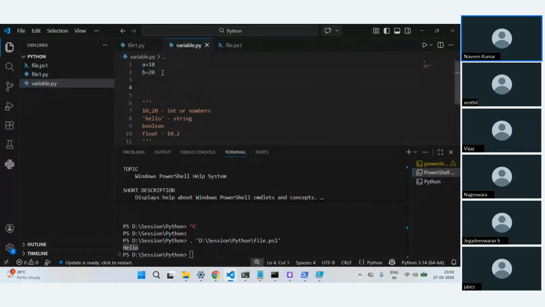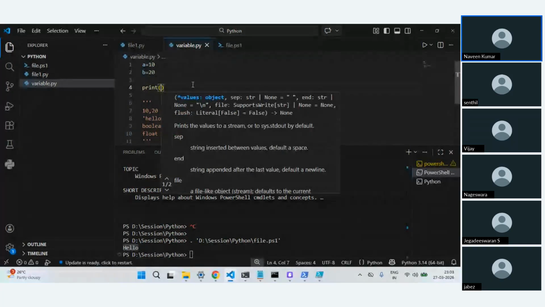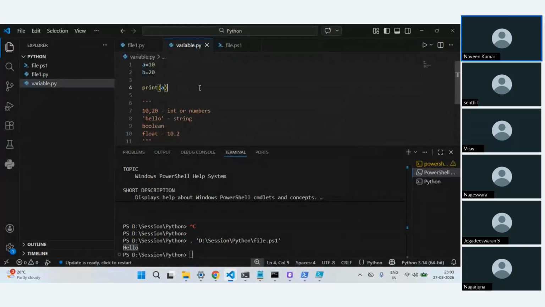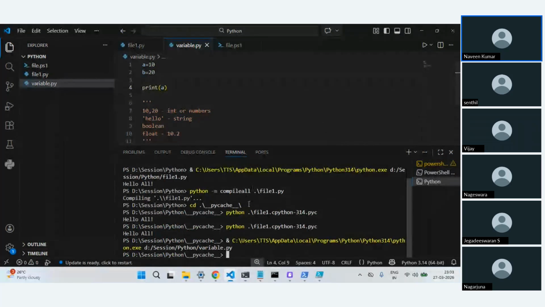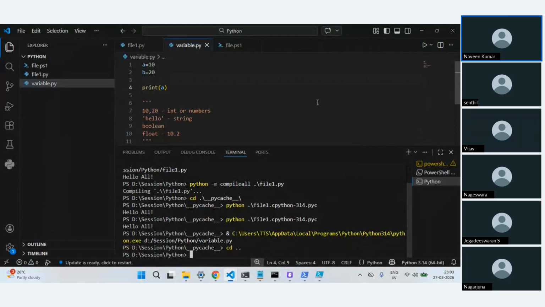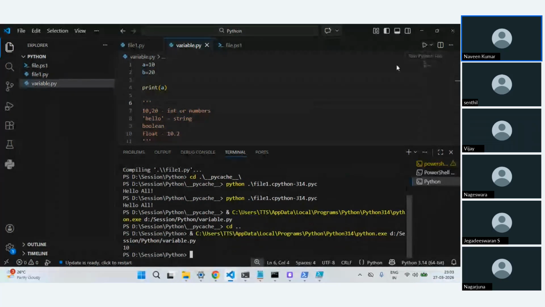Now, you all know how to print the value. The value 10 is stored in A. If I want to print it, I can just write something like this. If I hit execute, you see it is printing 10, which is fine.